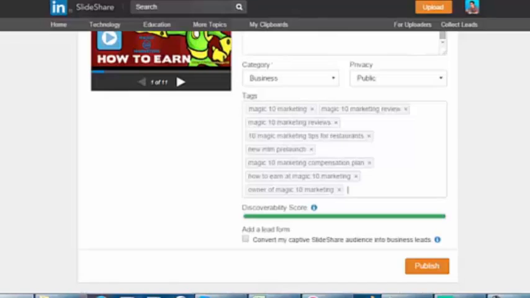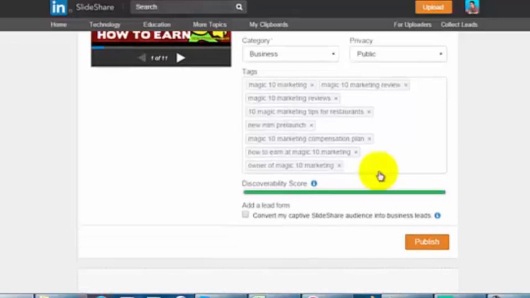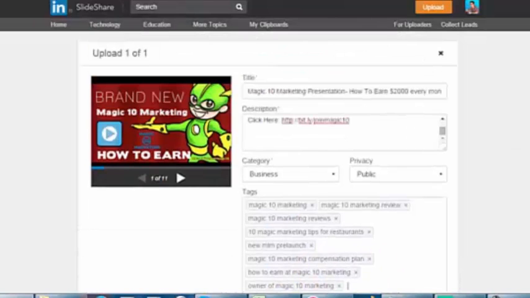You will also see the score below at the tag.